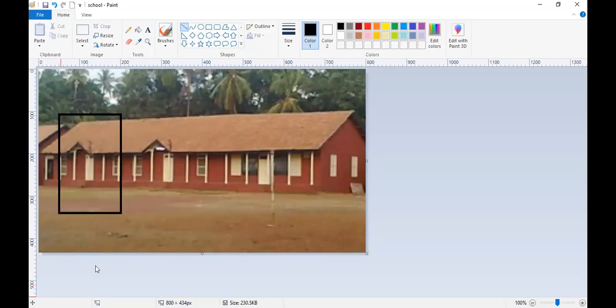When I move the mouse pointer, you can see the coordinates are changing. Here the x and y coordinates are displayed in pixels. If I move the mouse pointer on the upper left corner of the rectangle, then it shows the upper left point's coordinate, that is 49, 107. So I just mark this 49, 107.